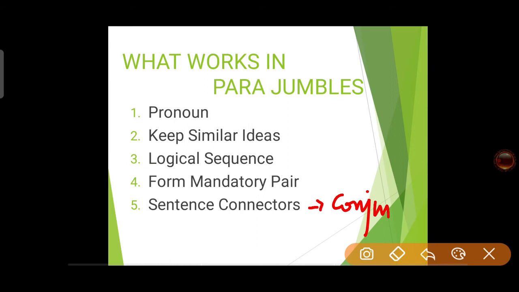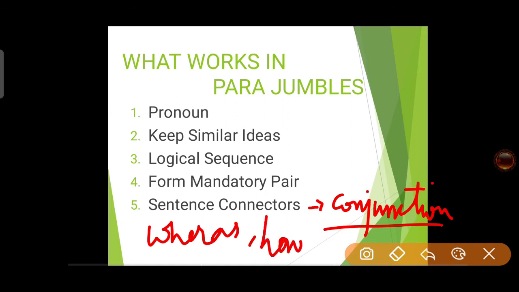Okay, conjunction means the words which are used to combine or join two words, sentences, etc. So in this manner we can have some more examples like whereas or however. So in this manner we can have some conjunctions through which we can get some idea about the sequence of that sentence. Okay, as we have multiple options,